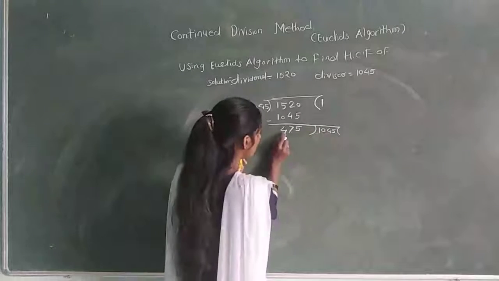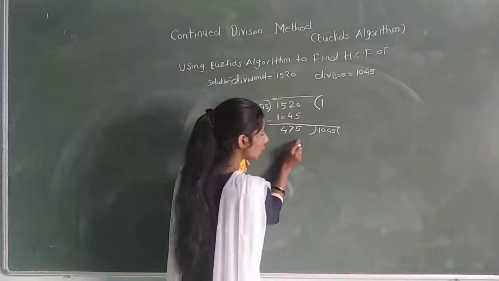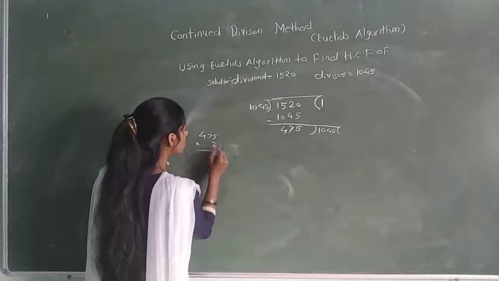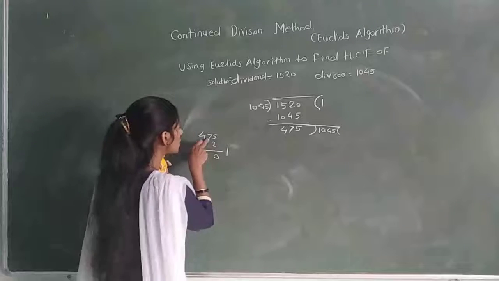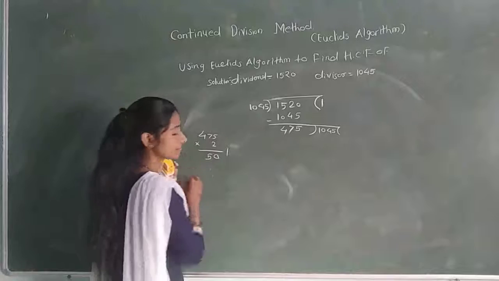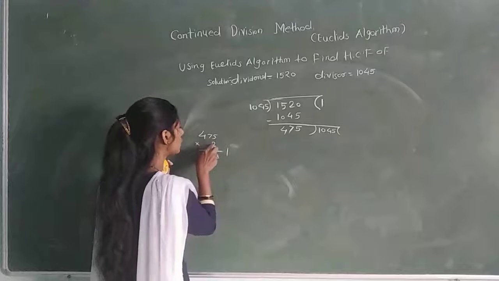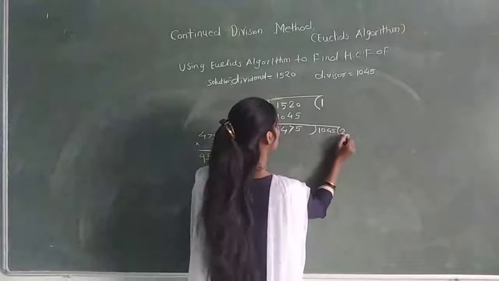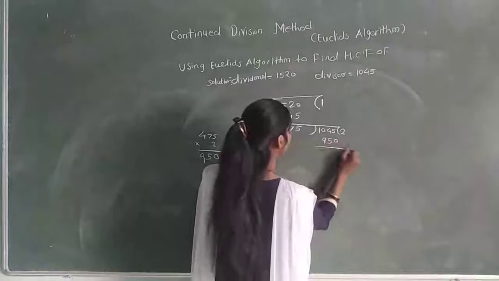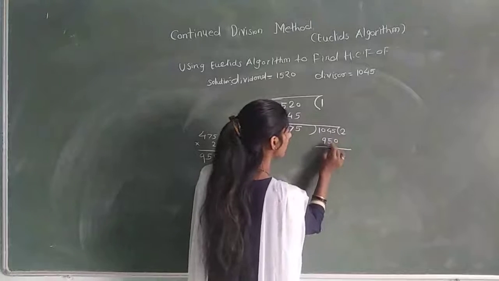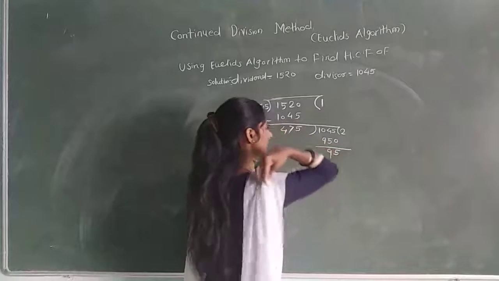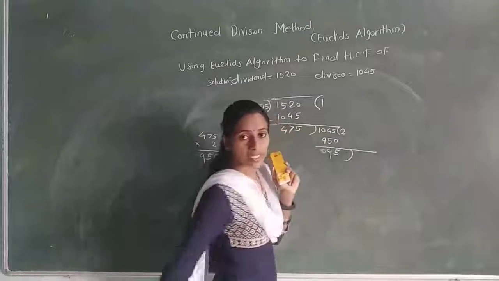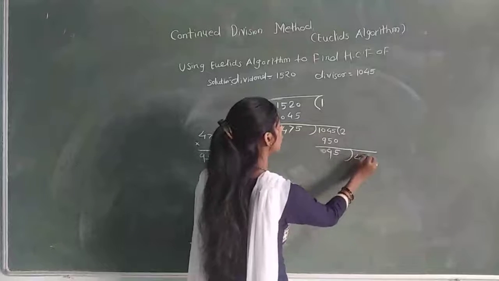Okay, so solve this. Already checked, 475 into 2. 5 2s are 10, carry on 1. 2 7s are 14 plus 1, 15, carry on 1. 4 2s are 8. 8 plus 1, 9. So 950. Then 5 minus 0, 5. 14 minus 5, 9. 10 minus 10 is 0, means 95. Your divisor is 95 and the dividend is 475.